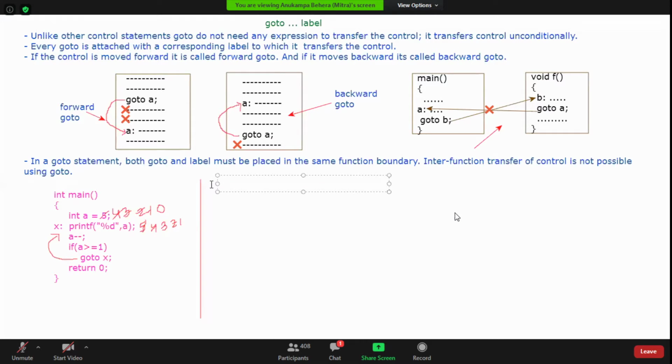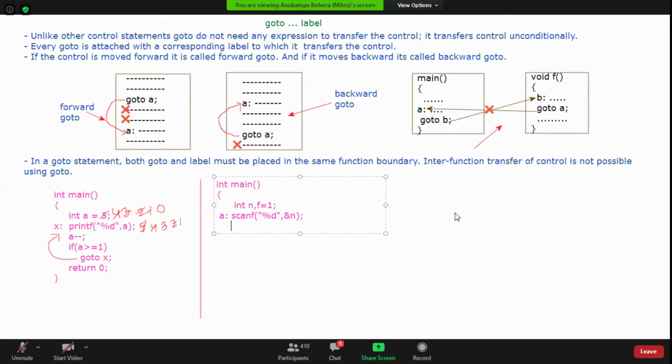Okay, so let's see. Many of you have written it. Let's just check what I'm doing here. Say int n and f. Then we want to accept, suppose this is a, I'll say scanf percent d address of n.